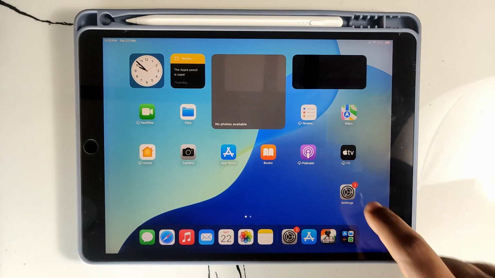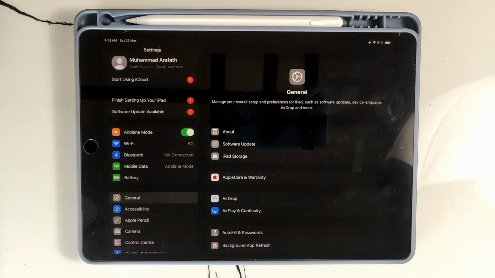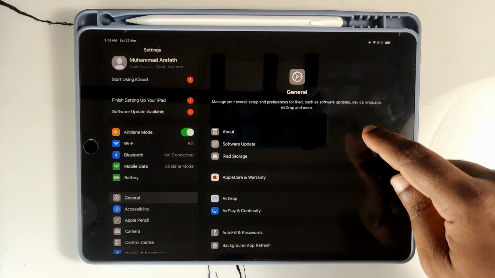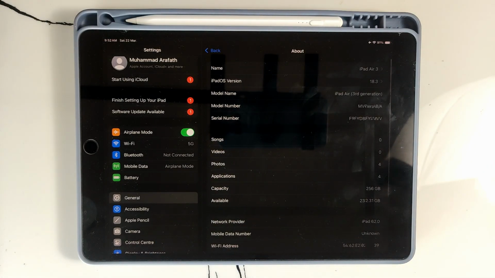Okay friends, just open your settings application, then select general, then open the about page. Okay, in this about page you can see how many applications are installed in your device externally, not internally, because Apple